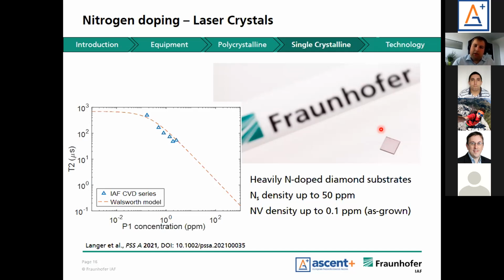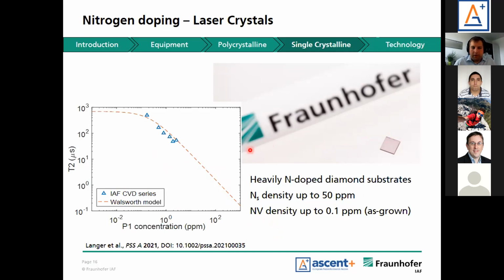With that, you would end up having a top NV density of around 0.1 ppm. Typically, if you want to get higher with nitrogen vacancies, you irradiate it with electrons. On the left-hand side, what you see is the T2, so that's the decoherence time that is reached in diamond, and diamond is known to have very high T2 times and also T1 times because